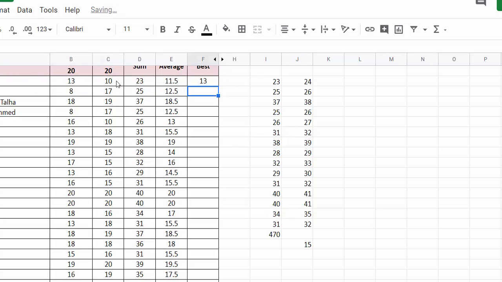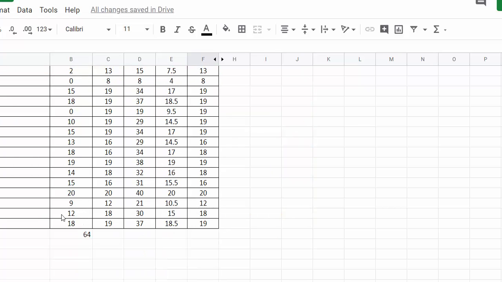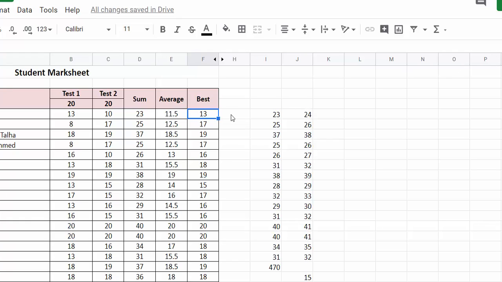So 13 is maximum value between 13 and 10. And let's say here 9 and 12, 12 is a maximum value, 20 is a maximum value. So it's working finely.